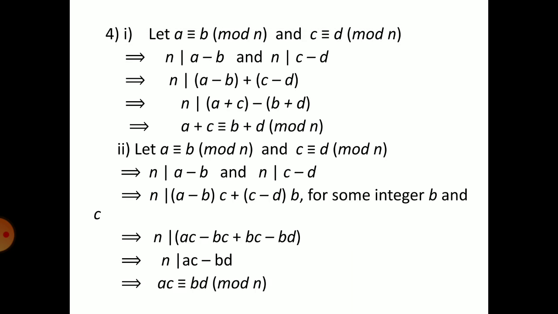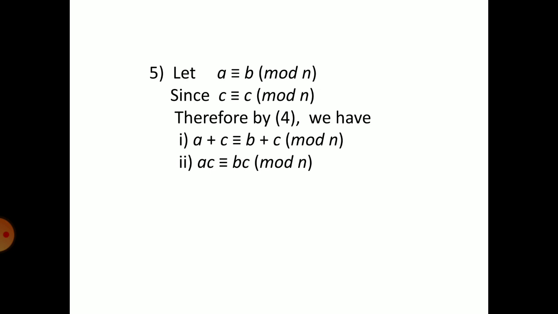Okay. Now in the fifth, it is only given that A is congruent to B mod n, and then we have to prove that A plus C is congruent to B plus C mod n, and AC is congruent to BC mod n. That means here the first congruence, A is congruent to B mod n, is given in the fifth. The second congruence is not given as C is congruent to D mod n. But here we observe that on both sides C is there, means we shall